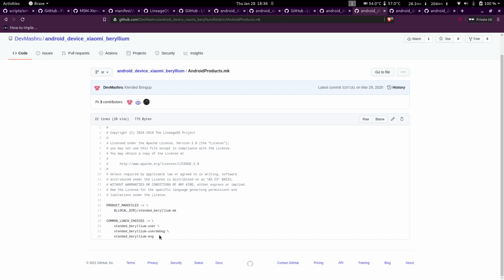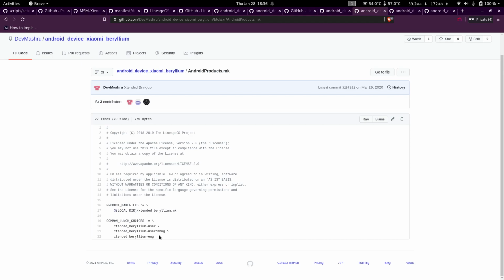Those are useful when you initially make builds so that you can get logs and exactly come to know what's wrong. The last kind of build is an engineering build. In an engineering build, you're basically building a beta version. Even though it's not exactly beta, it's as good as a beta version.